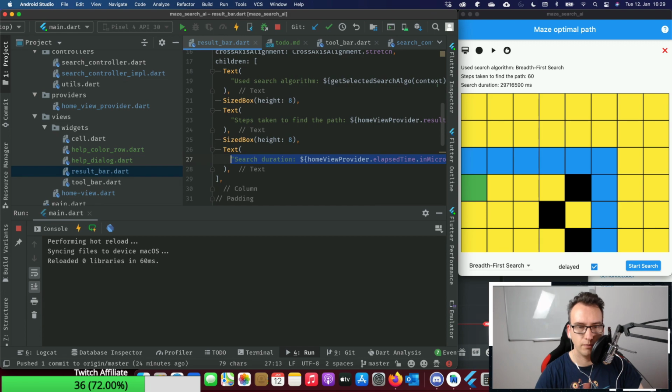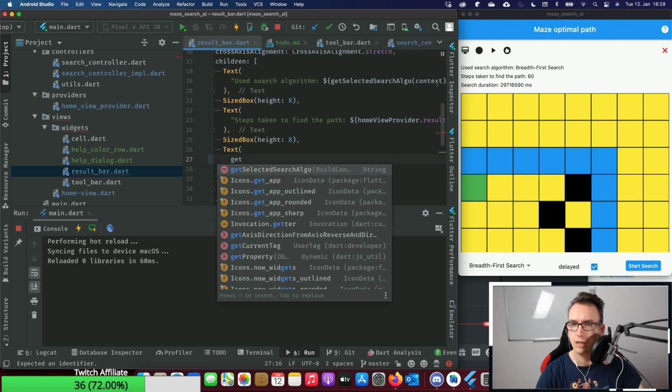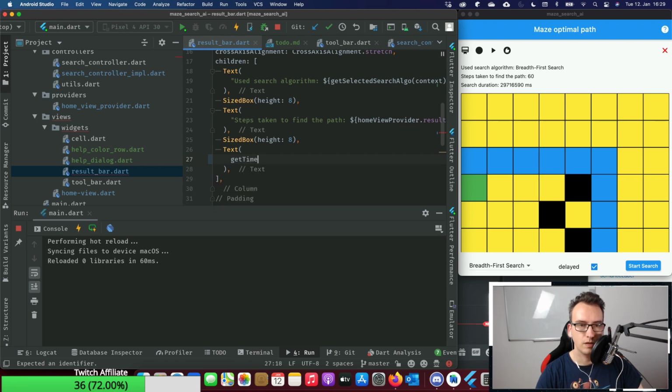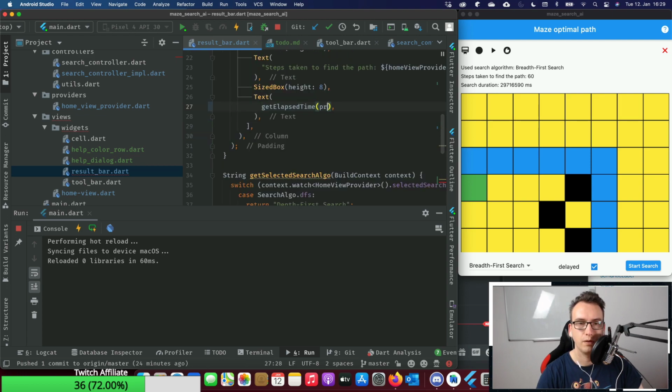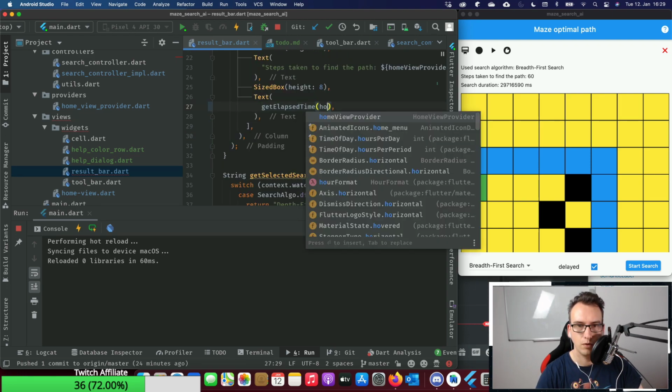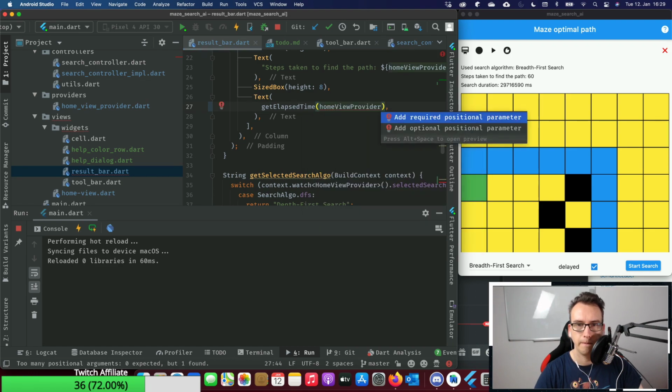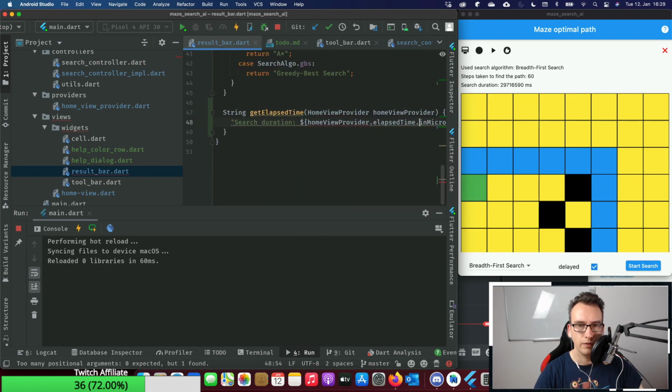Create here a method, get elapsed time. Good. Create all of that. And then we say if, and we need access to the provider, home view provider.